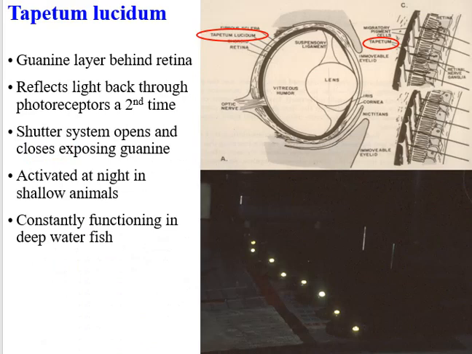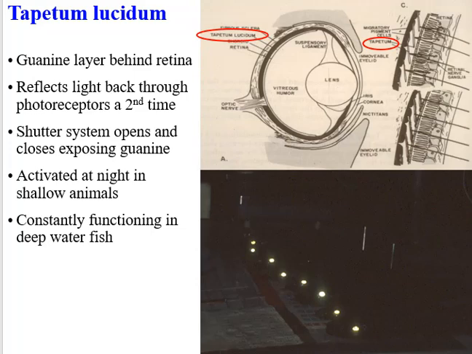Now, another thing about these deep sea organisms in terms of their eyes is that they have this structure in the back of the retina called the tapetum lucidum. It's this layer of guanine that's reflective. It's like a mirror in a way. We're familiar with this in the eye shine that we see of nocturnal animals on land, deer and alligators and possums and cats. Shine a light on their eyes, and it shines.